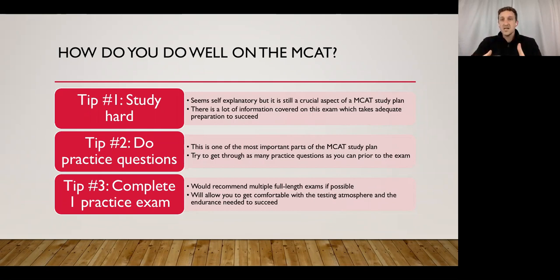If you know you're a slow test taker, this is really good to make sure that you get through all the questions before the end of the time for that section, because you can't go back to the previous section once you've finished it. So you've got to get through all the questions, and there's no penalty for wrong answers. Therefore, if you don't know the answer, at least put something down, because that's better than not having anything there.